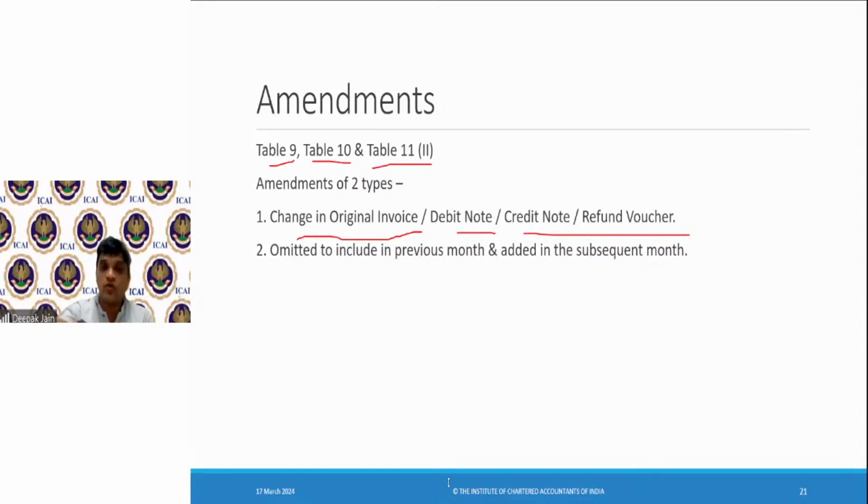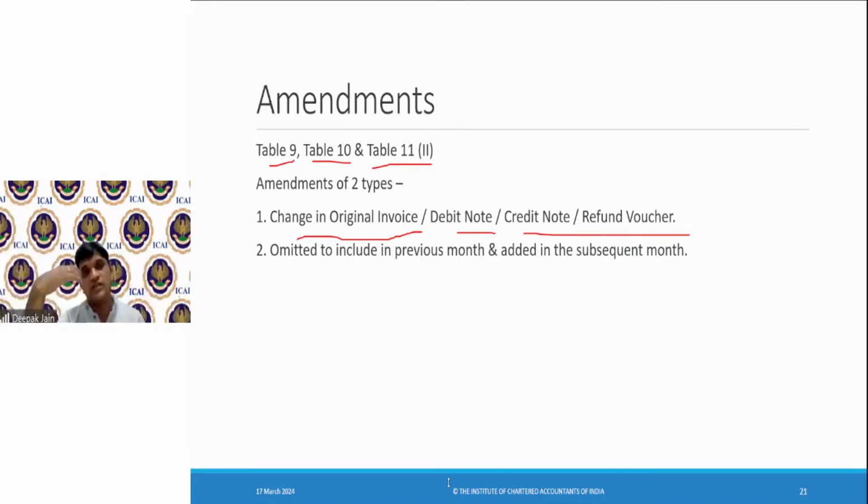Physical invoice, you cannot do amendment. This amendment is amendment in the returns for mistake from the invoice to the data in the portal. If there is any mistake in the portal, you can correct it based on the correct invoice. This doesn't mean you can amend the actual invoice itself. We said no, you cannot amend the invoices.